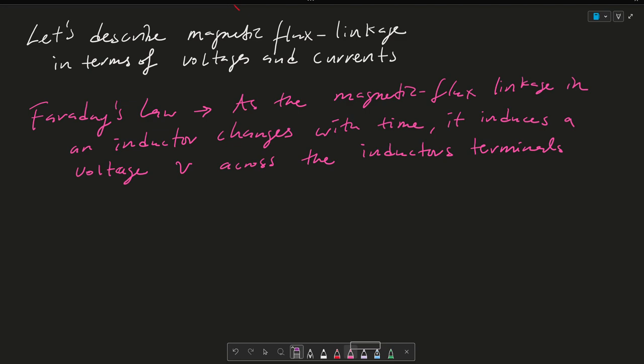Okay, so doing a bunch of experiments, he realized that as this magnetic flux linkage, so all right,